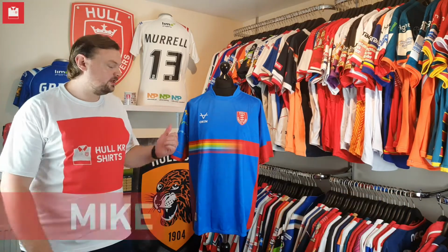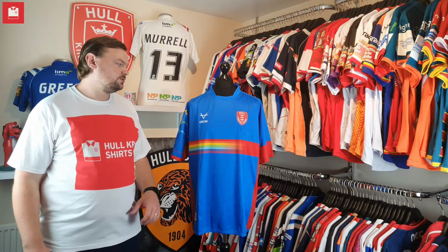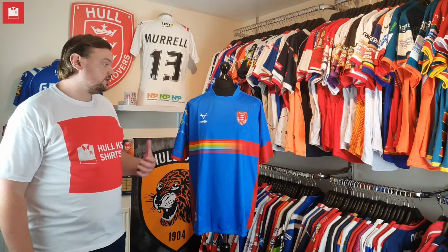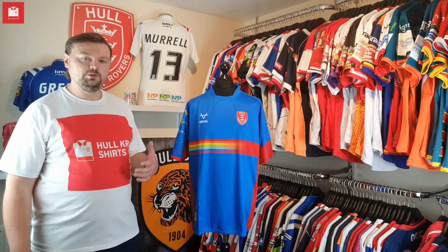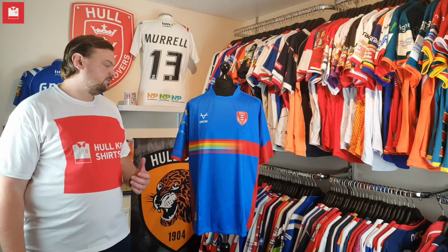I'm Mike from Hull KR Shirts, and today I'm going to take a look at the Key Worker shirt. Now, the Key Worker shirt is a shirt that was released by Hull Kingston Rovers and Oxen. It's released as a tribute to key workers. Key workers are people who have been working throughout the coronavirus pandemic, which has taken up the bulk of the